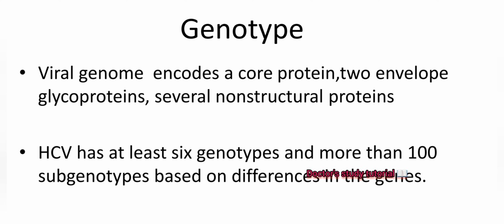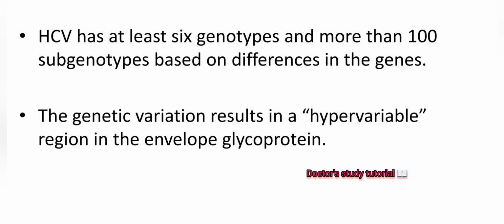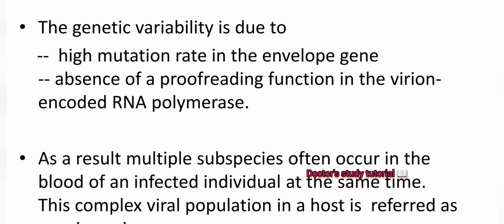Genotype. The viral genome encodes a core protein, two envelope glycoproteins and several non-structural proteins. Hepatitis C virus has at least 6 genotypes and more than 100 subgenotypes based on differences in the genes. The genetic variation results in a hypervariable region in the envelope glycoprotein. The genetic variability is due to a high mutation rate in the envelope gene and absence of proofreading function in the